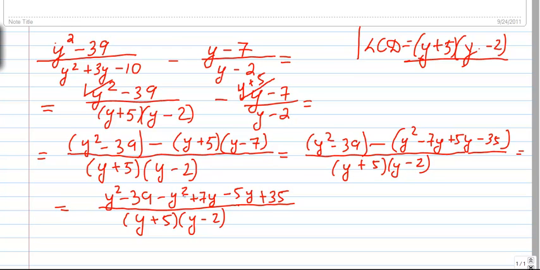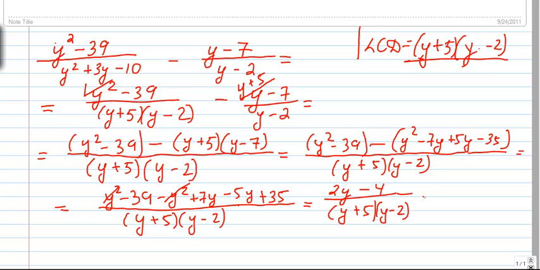And now it's time to collect like terms in the numerator. We have plus y squared, we cancel this out with minus y squared. And now we can collect like terms. 7y and minus 5y becomes 2y, and now 3 terms. 39 and minus 39 and plus 35 is minus 4. We collected all like terms, and we just rewrite